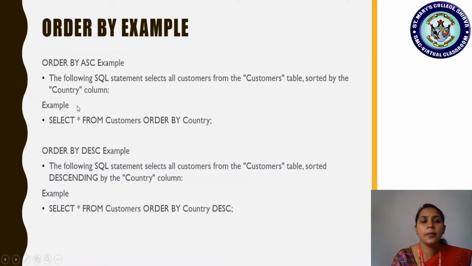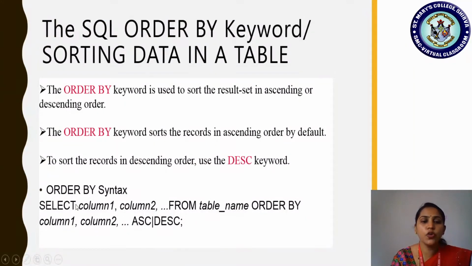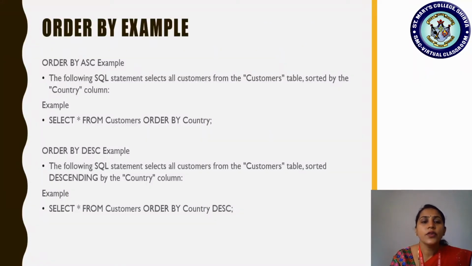Now just check out the example, how it is used. Order by example: select star. In the earlier syntax part I showed select column 1, column 2. I told if you are very particular to view only a related column, then you can specify which column you want: column 1, attribute 1, attribute 2 like that. Suppose if you want to view all the attributes, then we can make use of which one? Asterisk symbol, right? Okay, so here select asterisk, that is you want to view all information from, followed by the from keyword, from which table? From customers table.